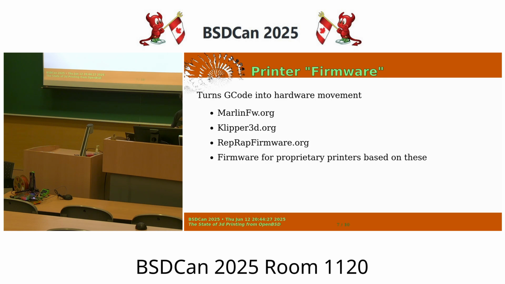But I did want to mention that there are different types of firmware and different sources of firmware, because my SnapMaker and the Anker Make, I believe, are based on the Marlin firmware. And that one is a more complicated firmware. It does all of the things in firmware, and so everything runs on the microcontroller,